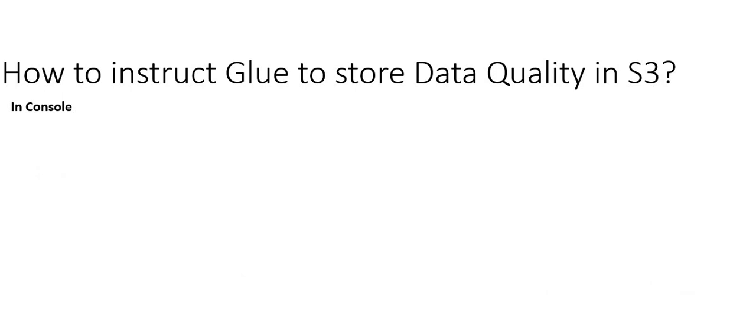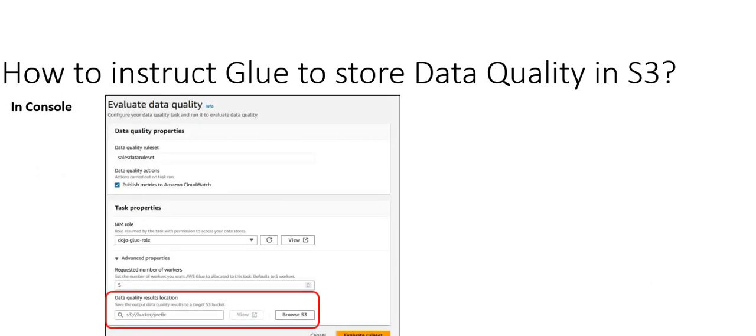So let's go for the first one, the console. If you're trying to run data quality evaluation from the console, you will find an option saying data quality result location, and you can see that I've highlighted that section over here. Here you can provide an S3 bucket, which can then be used to store the data quality evaluation